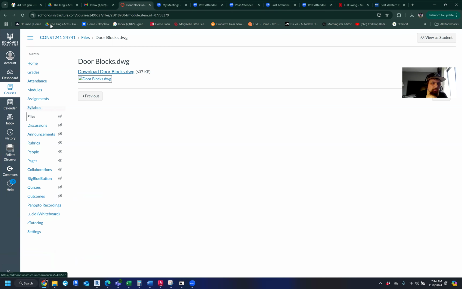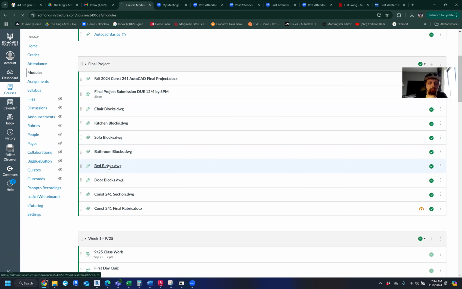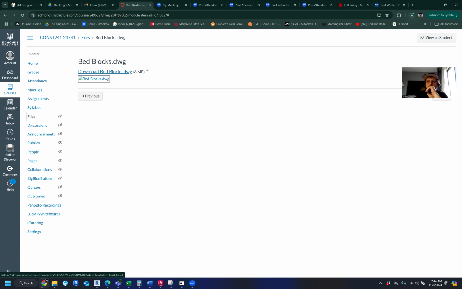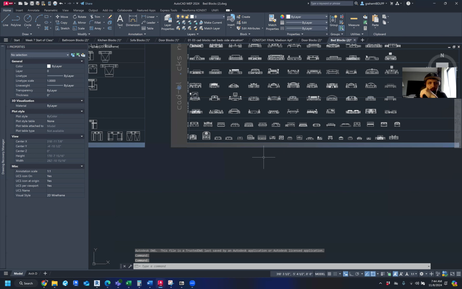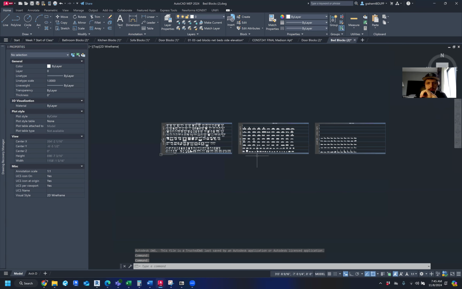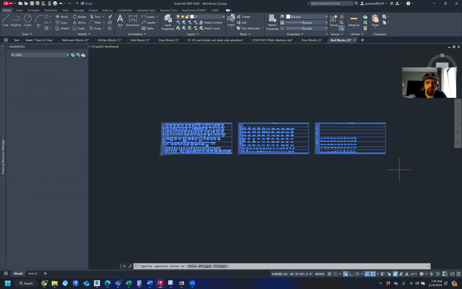So if we go back to the modules, and we go to modules and down to bed blocks, download. There we go. Got some beds here. So same thing, going to left click at the top left and then drag and select everything in the view. Click again to set my selection set. And then I'm going to use my Control C command,